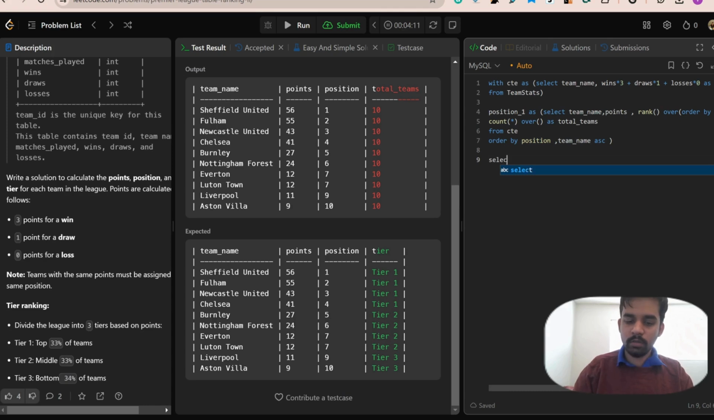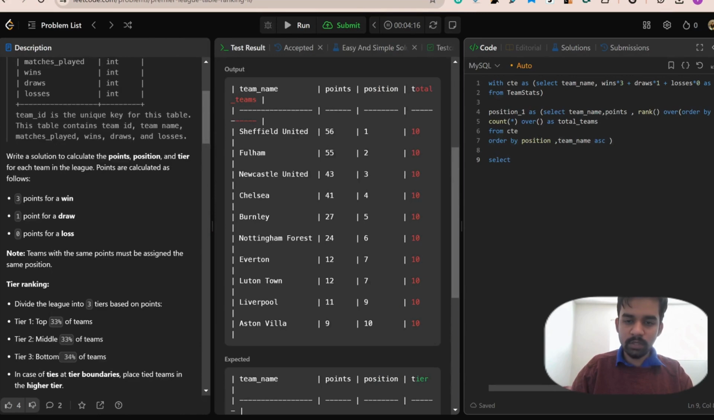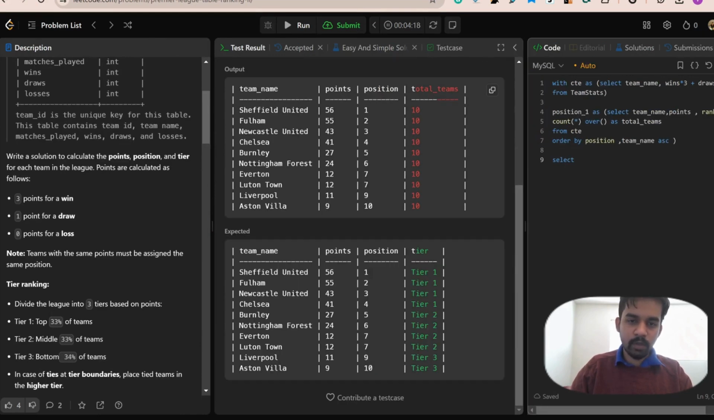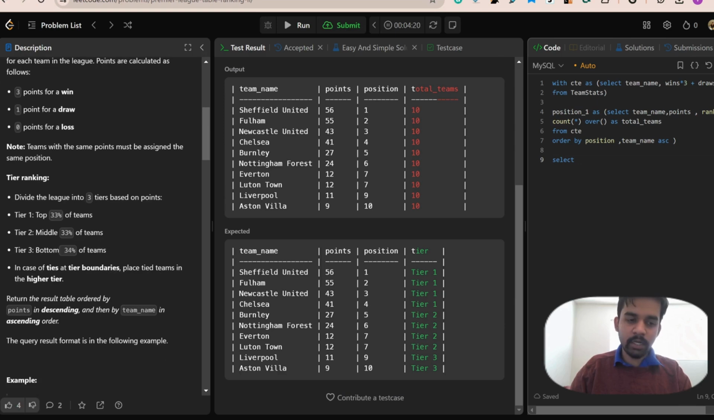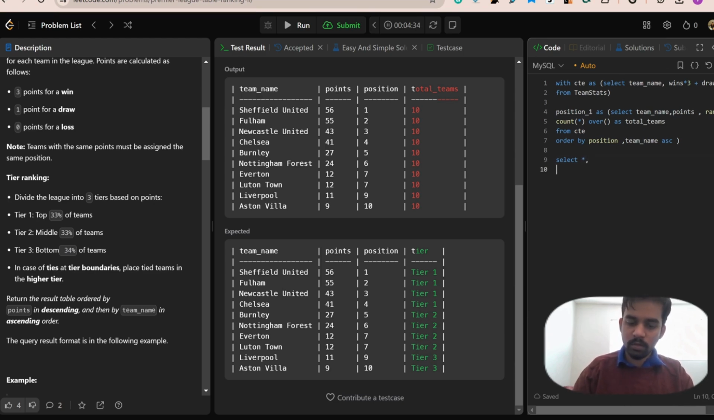The third thing is we need to divide all those teams into three leagues, right? That is tier 1, tier 2, tier 3. How do you do it? You could use the case statement for that purpose. Select everything. Then I would use the case statement: when position is less than or equal to ceil